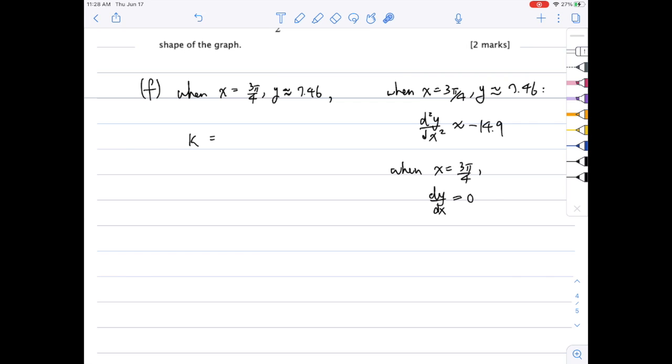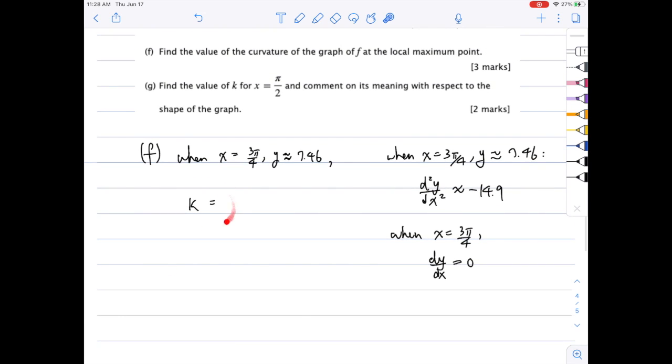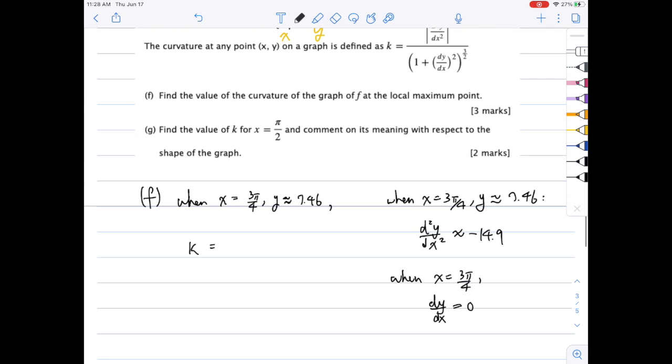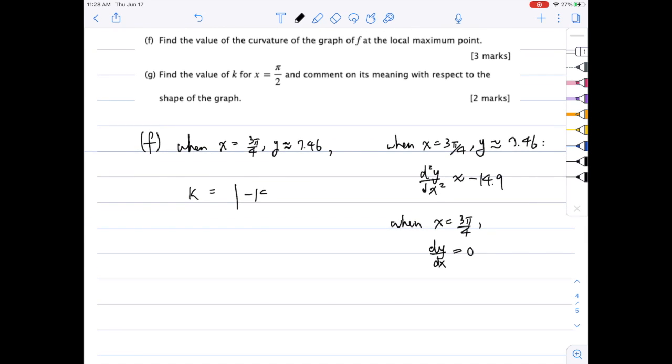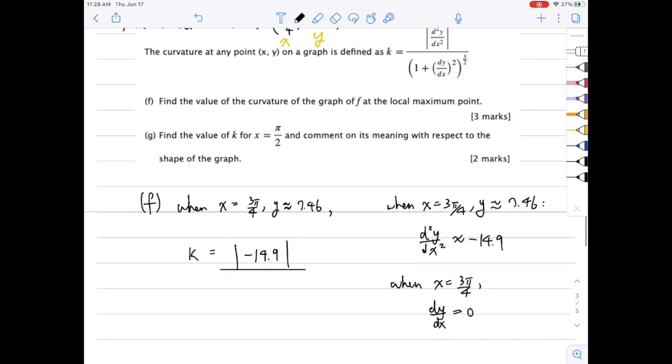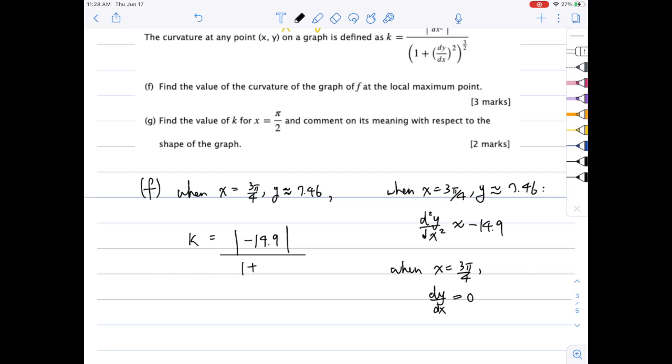I'm going to take this value and plug it into my curvature formula. The curvature formula is: take the absolute value of whatever I got back from the second derivative, that was negative 14.9, and divide that by 1 plus whatever I got back from the first derivative squared, and then raise that to the power of 3 over 2. So that's going to be roughly